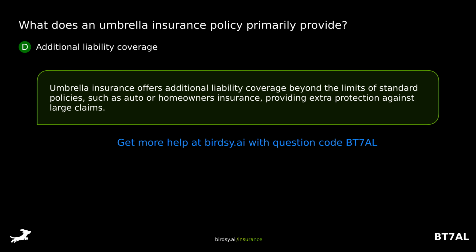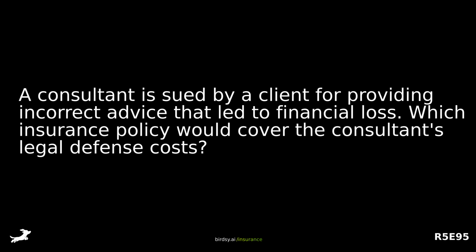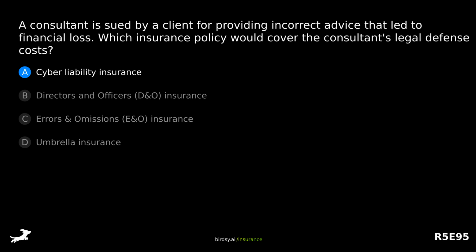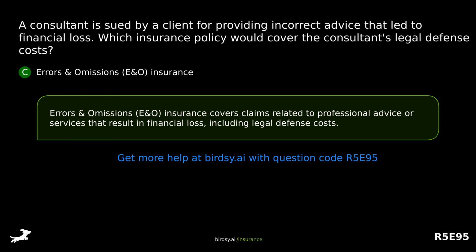protection against large claims. A consultant is sued by a client for providing incorrect advice that led to financial loss. Which insurance policy would cover the consultant's legal defense costs? Is it A, cyber liability insurance? B, directors and officers insurance? C, errors and omissions insurance? Or D, umbrella insurance? The answer is C, errors and omissions insurance. Errors and omissions insurance covers claims related to professional advice or services that result in financial loss, including legal defense